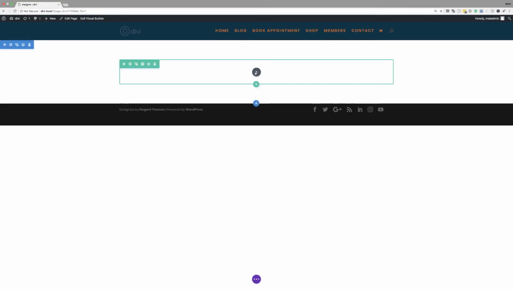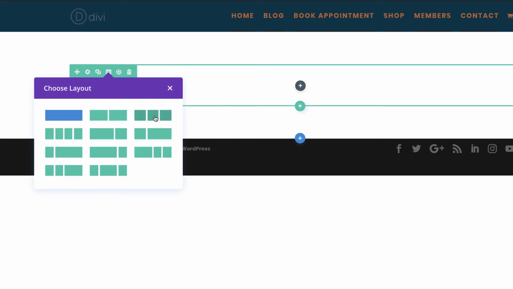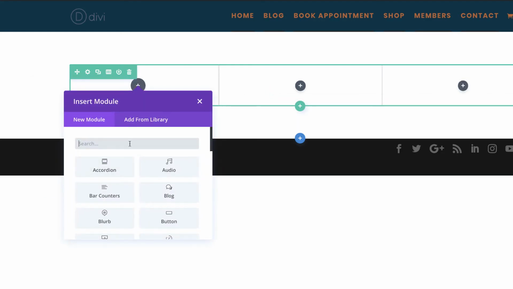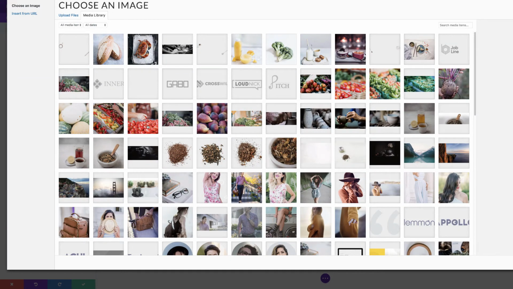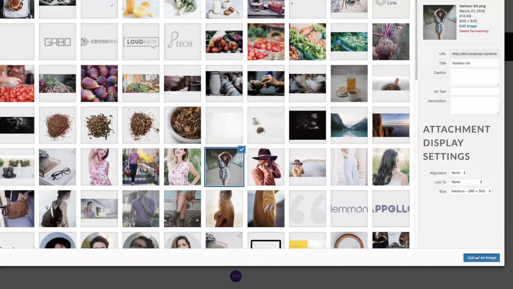Okay, so let's start off by adding our columns. So I'm going to come over here and add 3 columns. And then what I'm going to do is add an image in here, but it doesn't matter which modules you use for this to work. Right, so I'm just going to click on upload, choose an image. In fact, I'll go with this one. Upload an image,